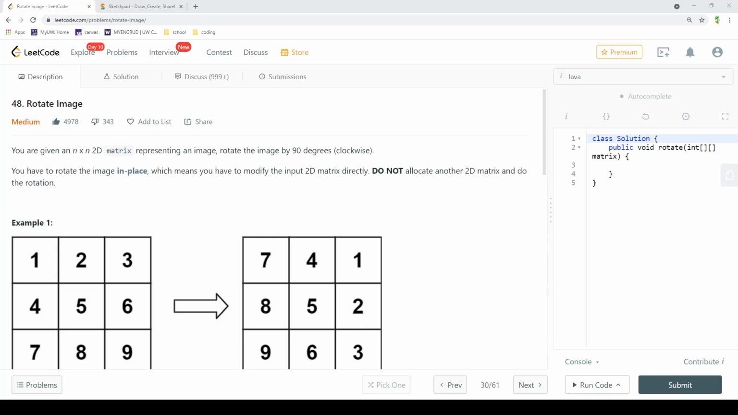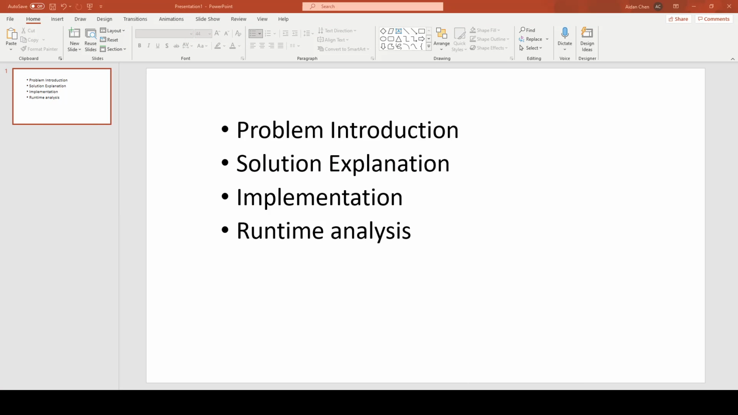Hey guys, in this video I'll be going over the problem Rotate Image. I'll be going over what the problem is asking, explaining the solution behind it, how to implement it, and then wrapping up with the runtime analysis. I will actually say my solution for it is quite,